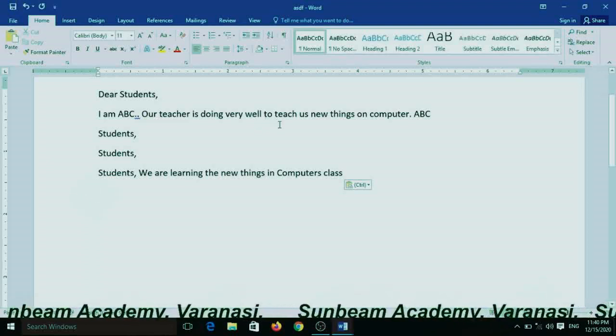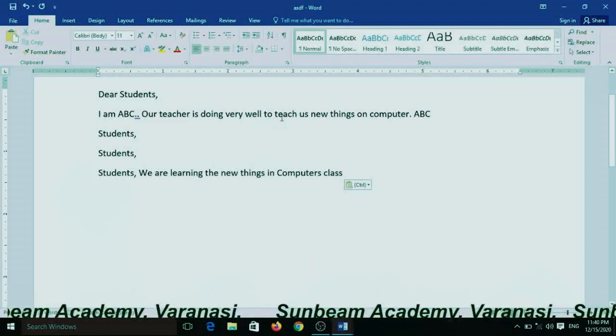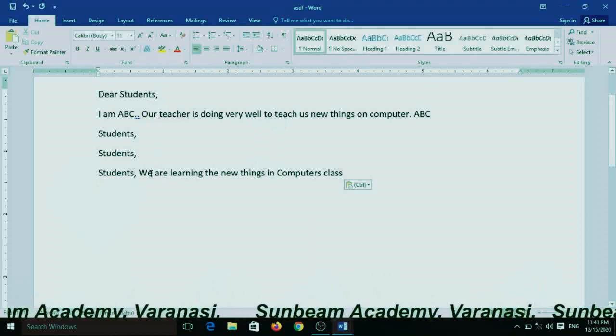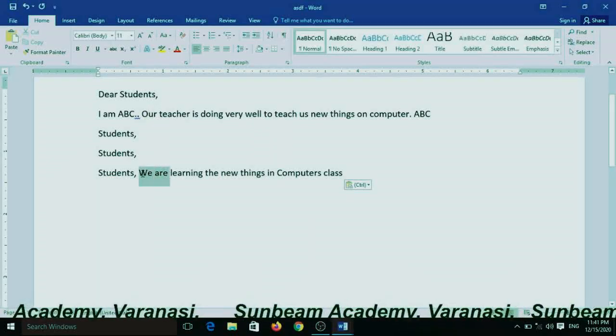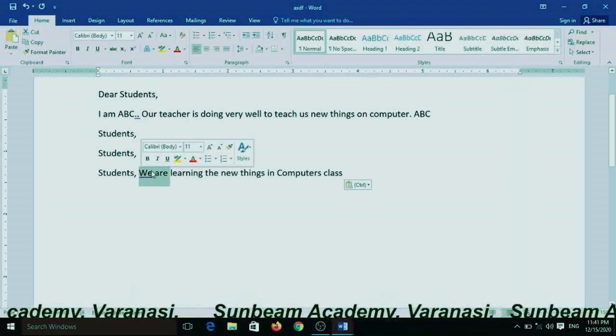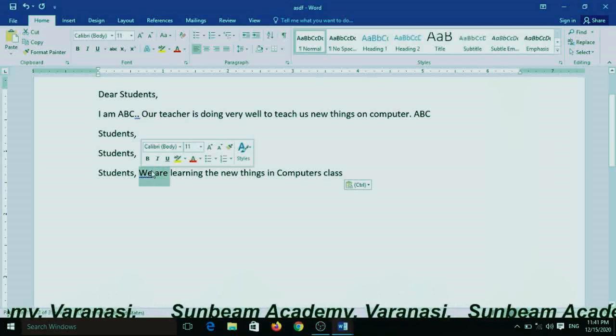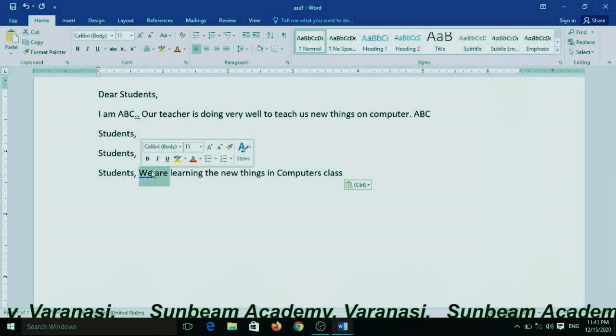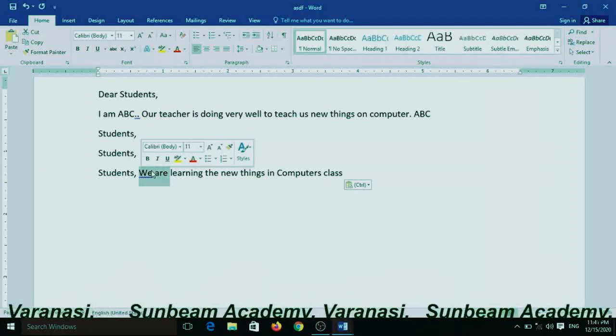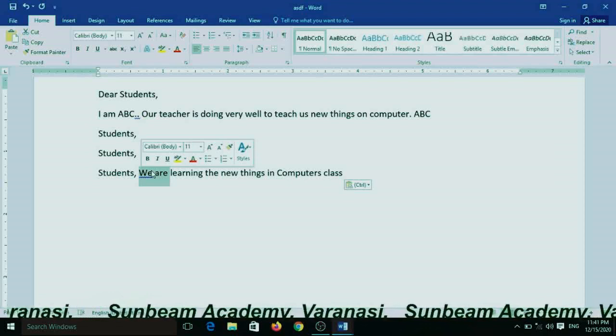First, select the text which you want to move. I want to move this text from here to another place. Click and drag the text to the location where you want it to appear.